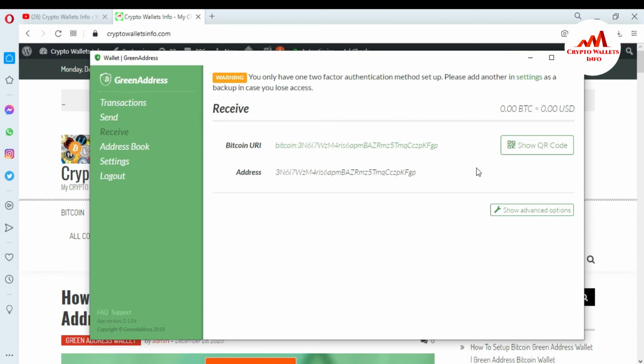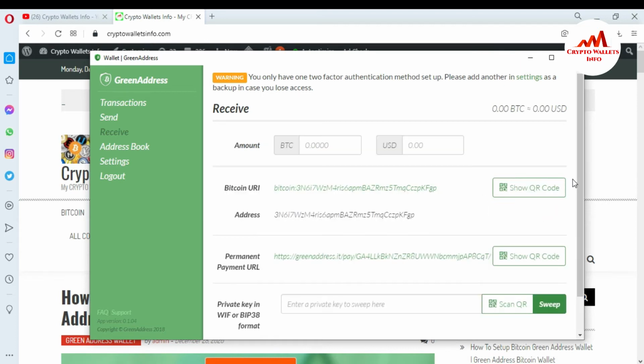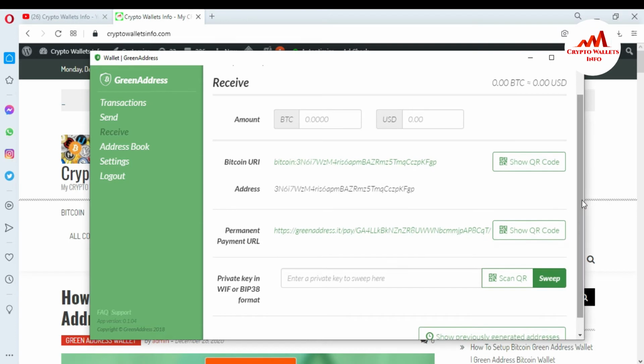If I want to import any Bitcoin wallet with my private key on this wallet, the available option is Show Advanced Options. Just simply click on it. After that, this is your wallet Bitcoin URL, this is your wallet address, payment URL, and this option is available: private key WIF or BIP38 format.